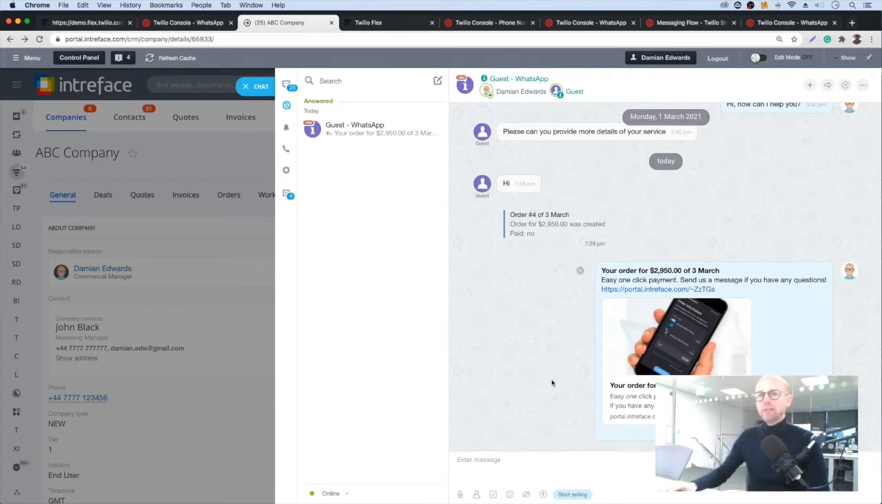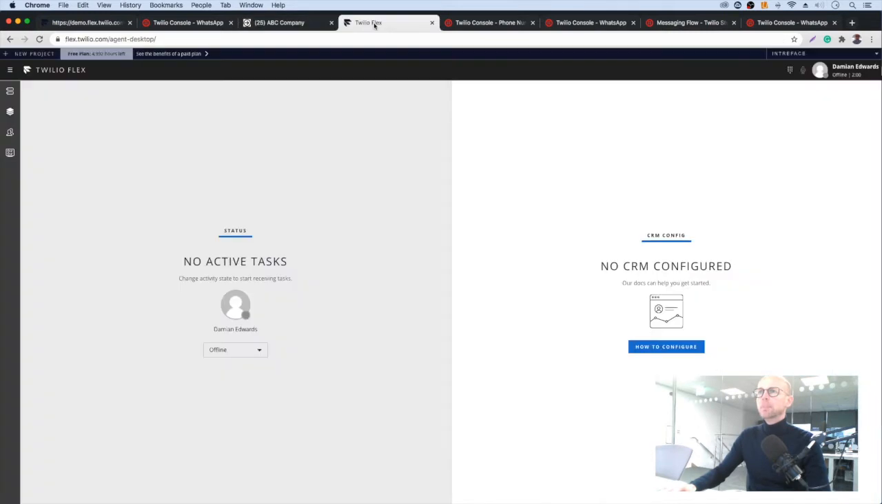On the screen we have our Bitrix24 CRM, and we can view messages within a slider within our CRM here, and we can sync the conversation back to the contact record within our CRM. Let's go over to our Flex console, and this is a customizable console. On the left hand side you'll see incoming messages, and on the right hand side we can configure that to show CRM data. So let's have a look at how we set this up,